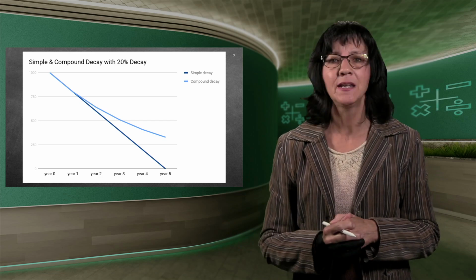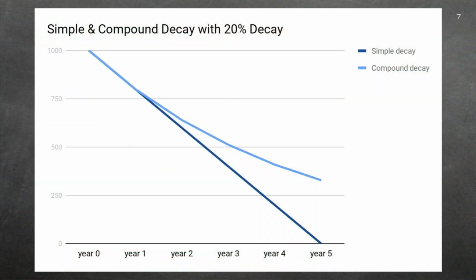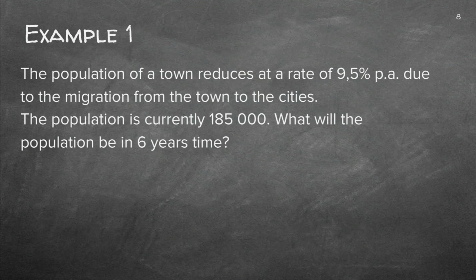So if we draw any finance graph, the years will always be at the bottom, and the amount will always be the Y value. So if you look at this one here, simple interest, straightforward, simple interest, straight line. If you look at this one, compound interest, it forms a curve, which is an exponential graph, which you did in functions. So now it's not as straightforward anymore. It's a little bit more complicated, and it forms a curve if you need to draw it. So just remember that in case they do ask you to draw a graph of any of these, which they don't normally do, but they could.